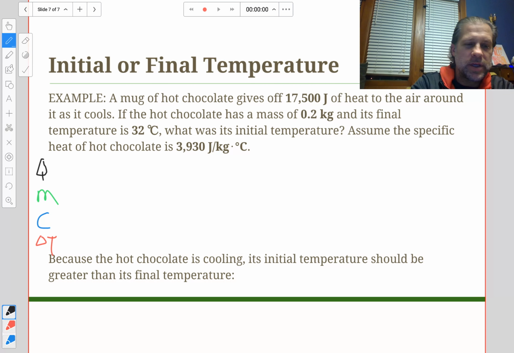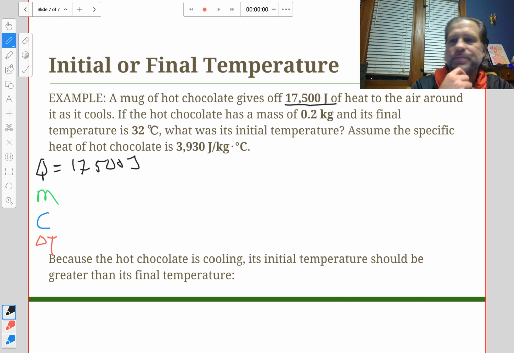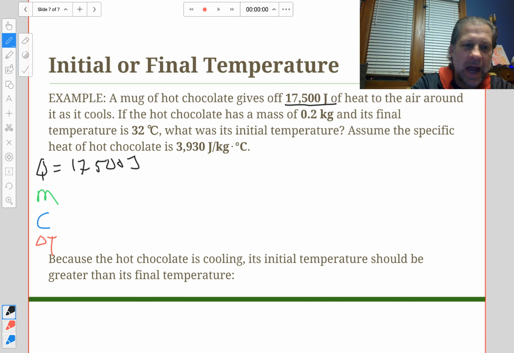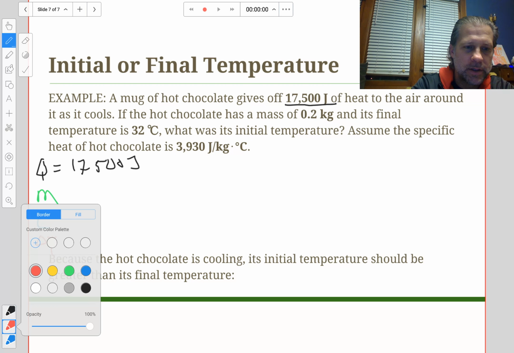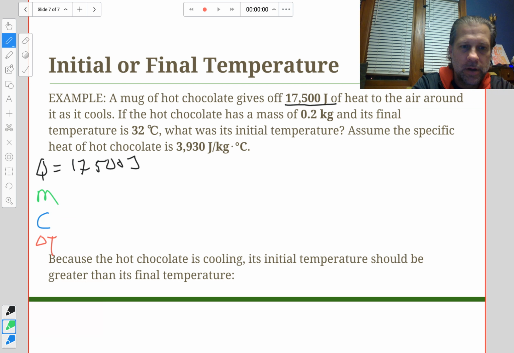Okay. So let's read through the problem. It says the mug of hot chocolate gives off 17,500 joules. So I have 17,500 joules of energy. If the hot chocolate has a mass of 0.2 kilograms, 0.2 kilograms,